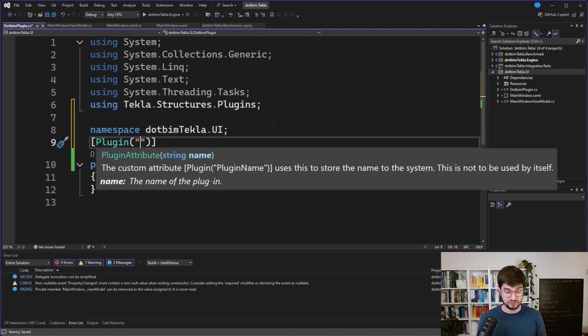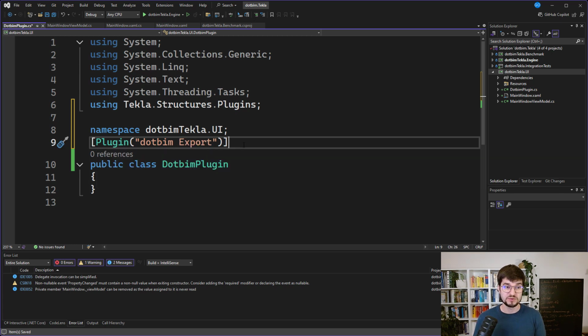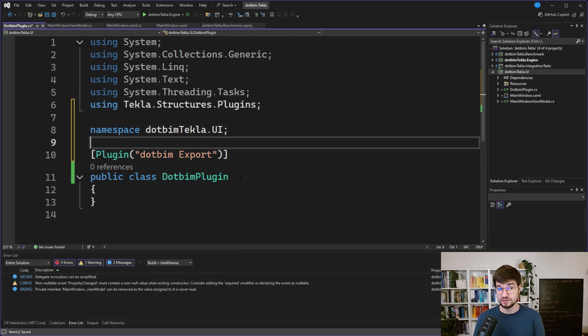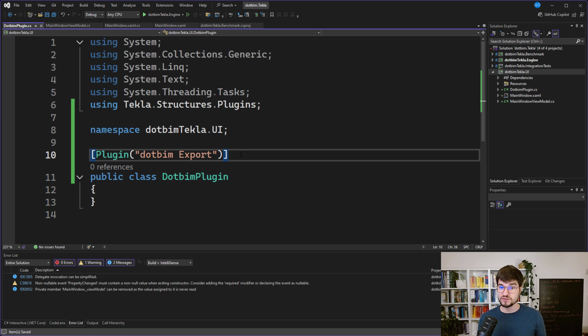So here we need to provide how we want to present the name of our tool to the end users. And I will not deal with a multi-language application, it will be only in English. So I will here just provide the straight name. So that is the first thing. So how our plugin will be exposed to the end users, but we also have to prepare to point